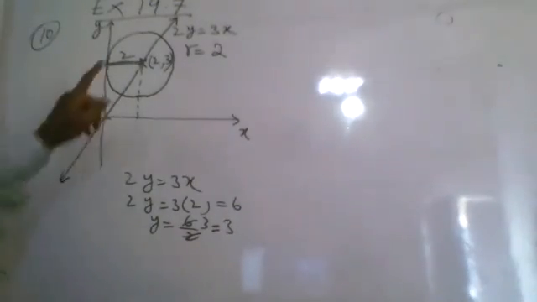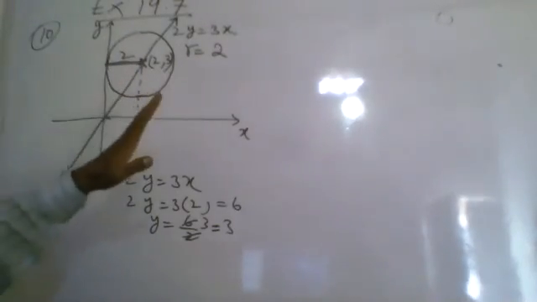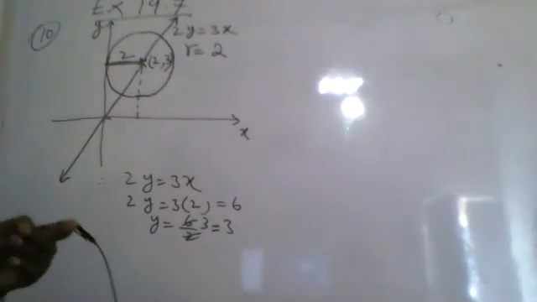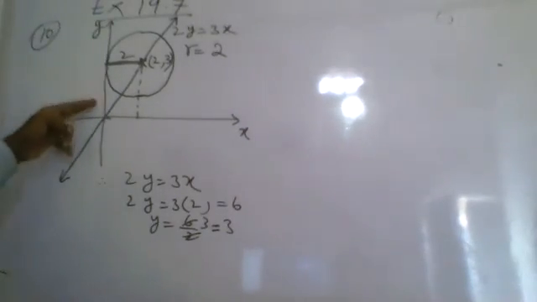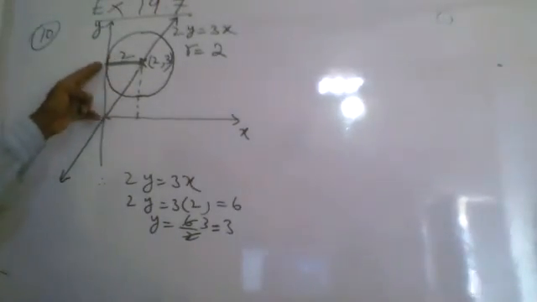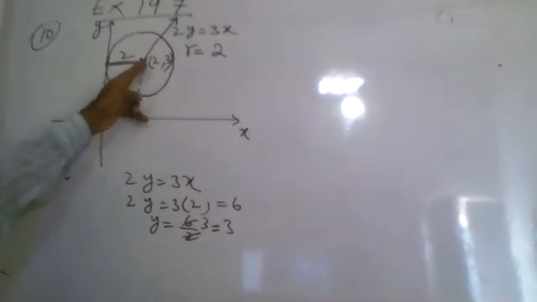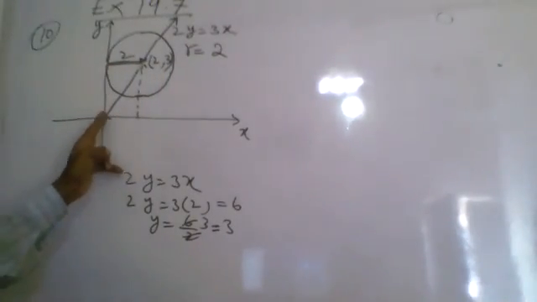So what is a tangent? It always touches the circle at 90 degree. Tangent means a line which is touching the circle at one point and is always 90 degree to the radius. So this is the tangent. It is touching, so from here to here is the radius, the distance. Radius 2 is given, so that means this is the 2 point, this is the distance 2 and this is the x coordinate from origin to this one.